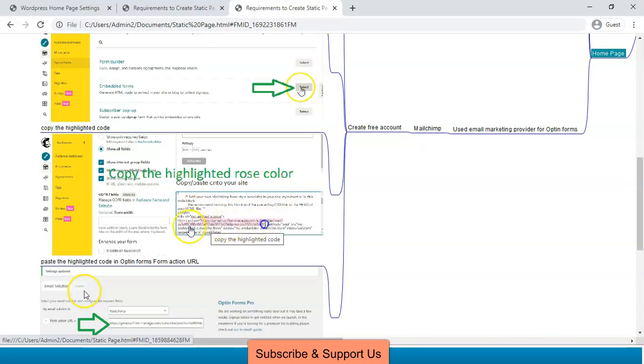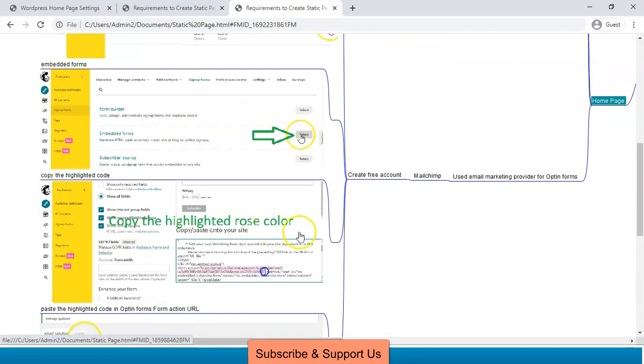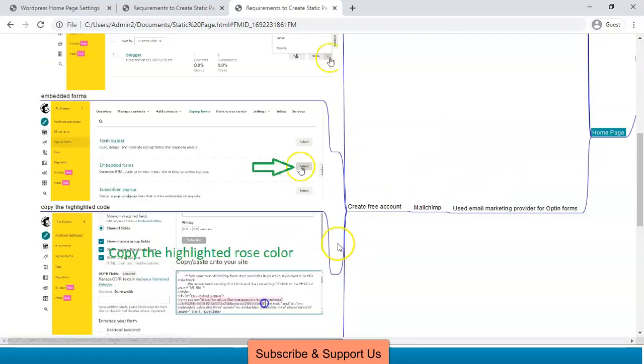You have to copy this code which comes after form action equals double quotes. Now go to the opt-in forms and paste the URL here. This is the way to connect MailChimp to the opt-in forms.